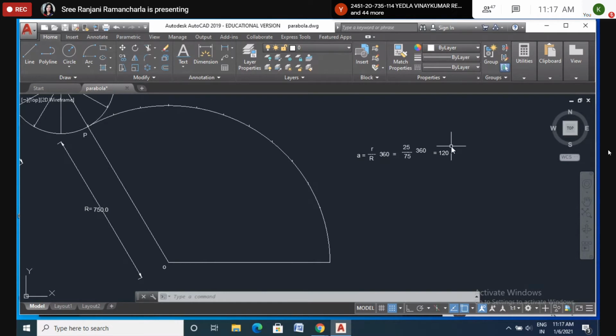If not, if it is 130 or other than 120 degrees, here in this case you can divide it very easily, 10 degrees. If this alpha value is like 110, then how will you divide into 12 parts? We can't divide, right? So in that case, you have to divide in this way, the trial and error method.